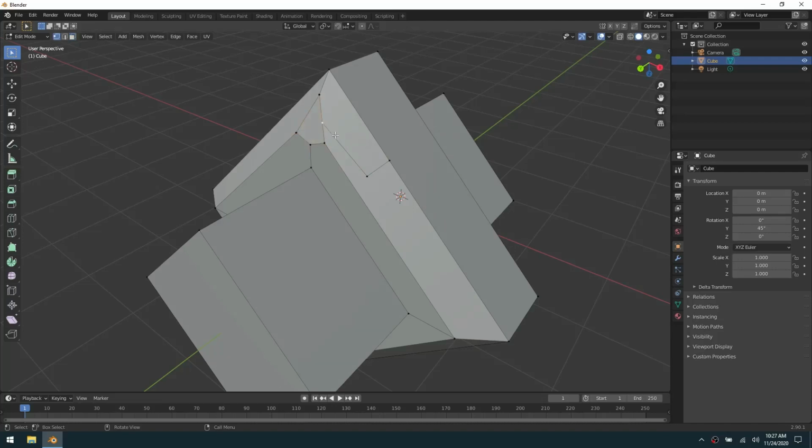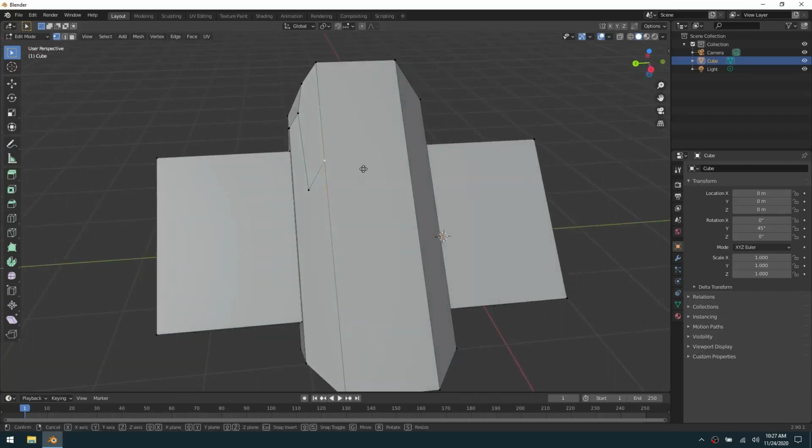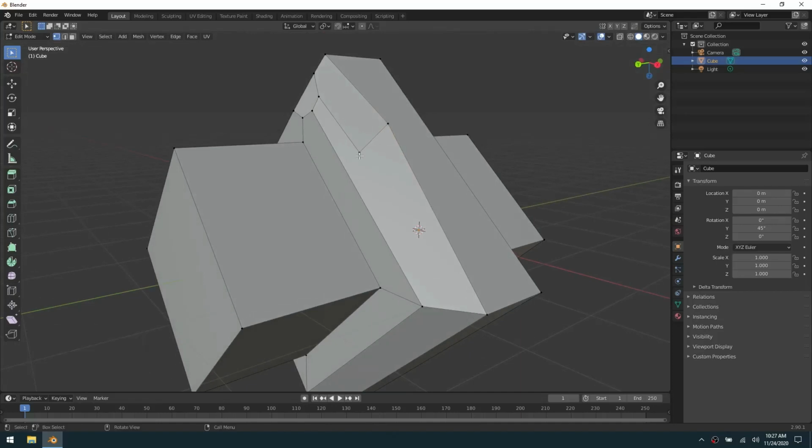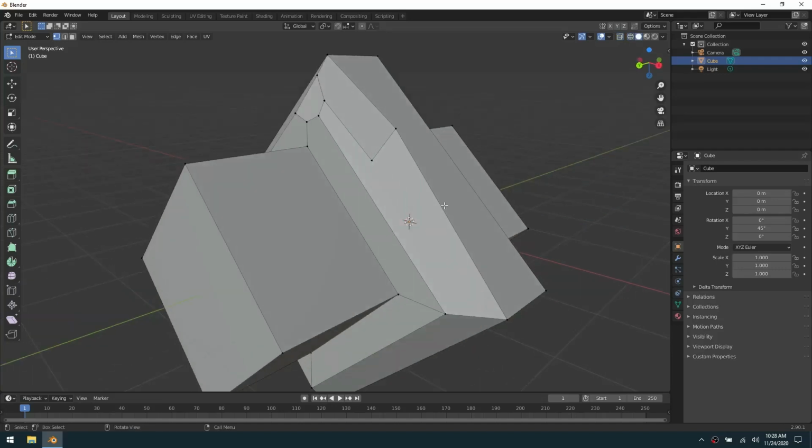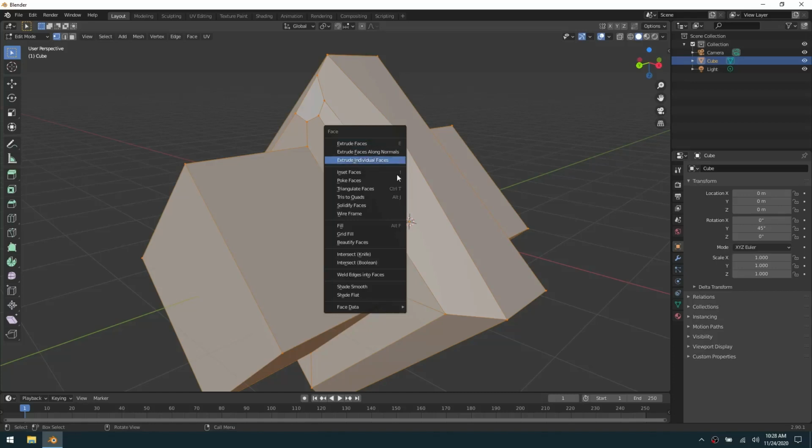And I can move these things around. But this has nothing it connects to. Try to avoid doing this as much as possible when working in 3D. This is really going to create some issues for you because what's actually going on right here is that everything is made of triangles. So if you were to take this, and let's see if I can actually do this real quick, we're going to